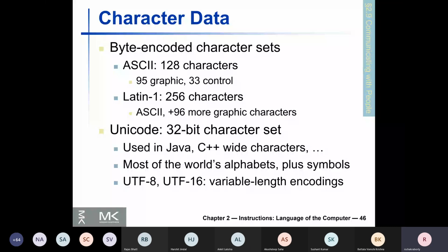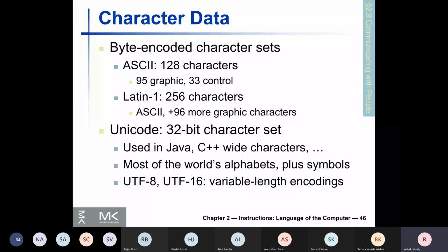So we will start today's discussion with instructions that can manipulate bytes, and an example of a program which works on character strings, null terminated strings, as used in the C programming language. Okay.